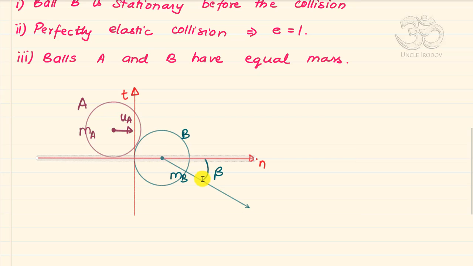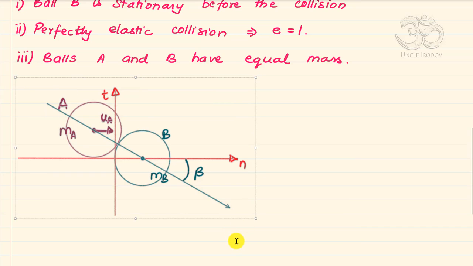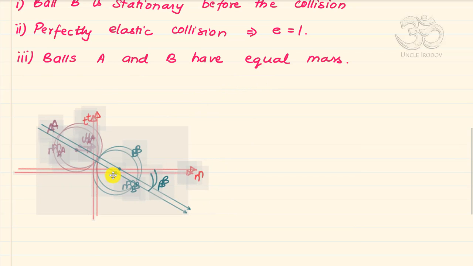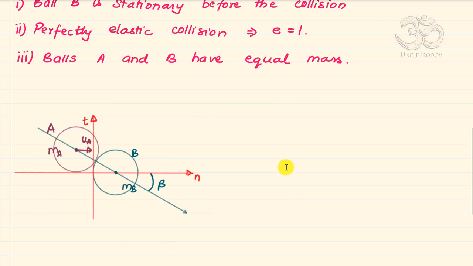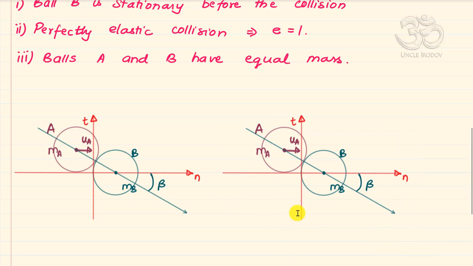So this is the line of impact. Let me just produce the line of impact like this. Good enough. This is the line of impact, and this is the situation before the collision. And what is going to happen after the collision? The situation after the collision is as it looks on the right hand side, where I have